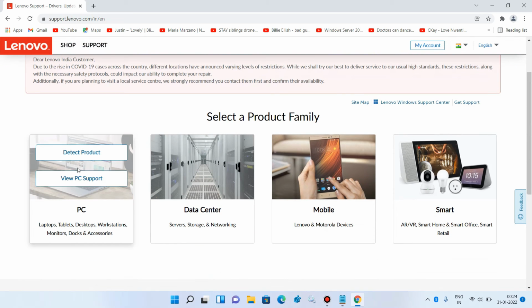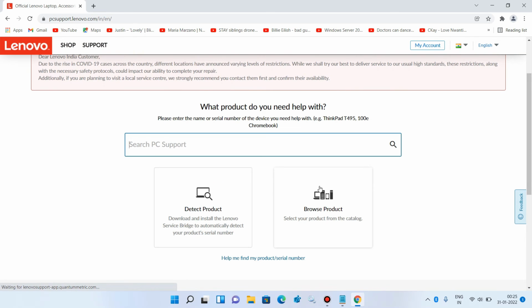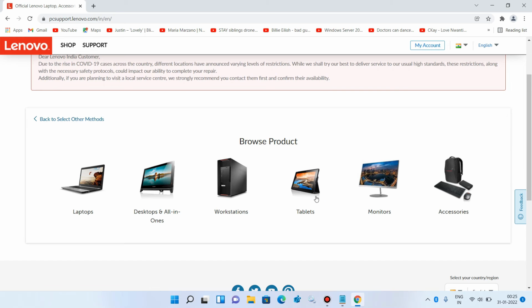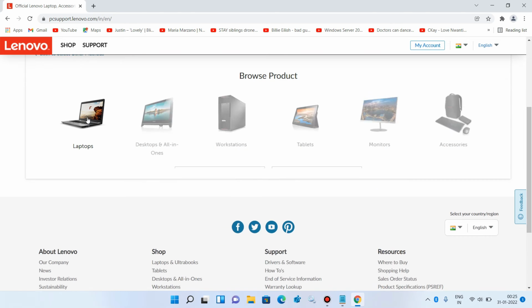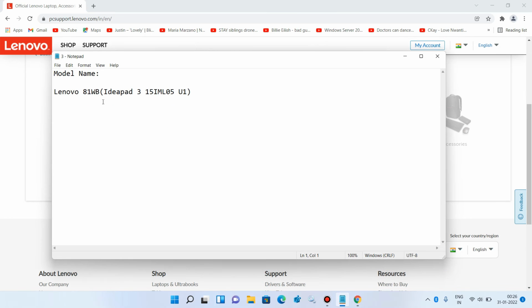Now go down and click on view PC support. Click on browse product. Click on laptop. Now you have to select the series. So in my case it is IdeaPad 3.